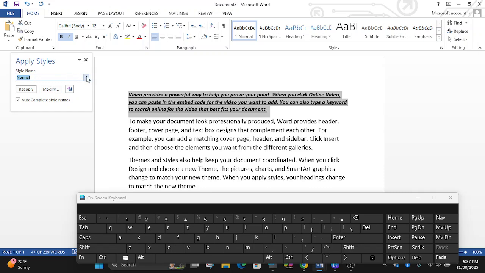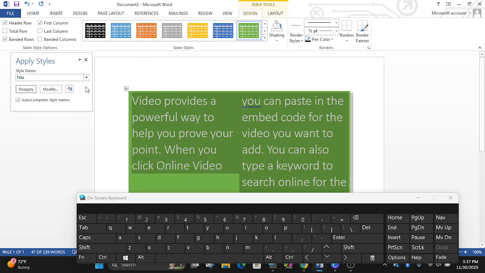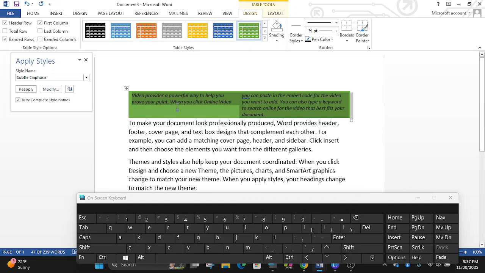It is Normal. You can change it into Title. The list of choices is here. You can change it into Subtitle, or you can set it back to Normal.